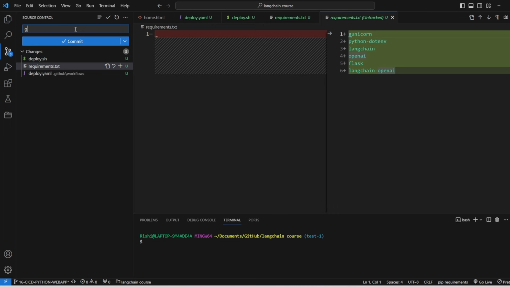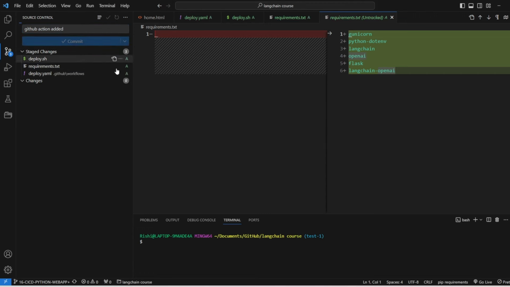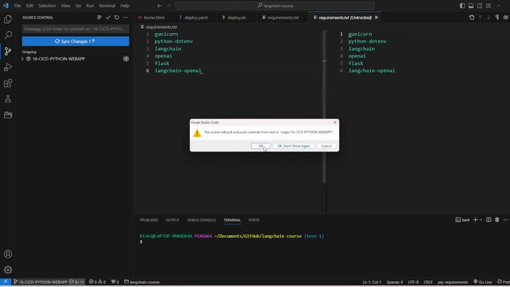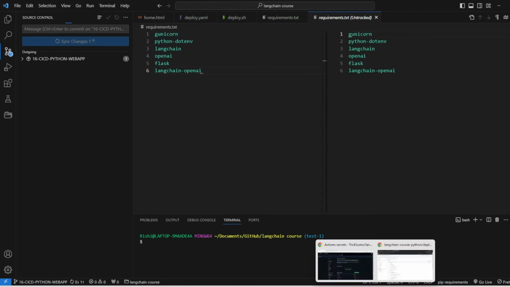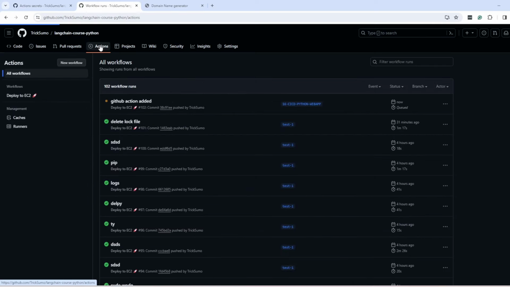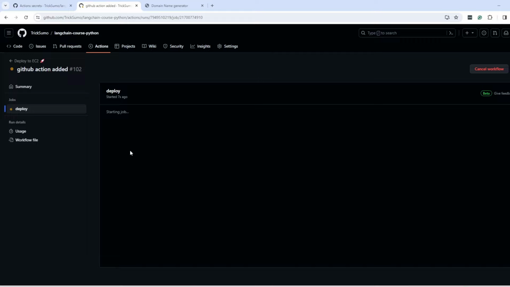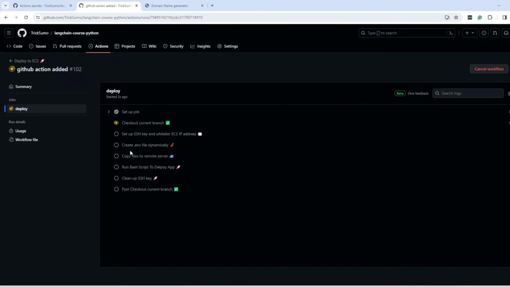I will give the message "GitHub action added" and just commit. I will stage and then commit and then push to GitHub. Now as soon as I put the code to GitHub, if I go to actions, I can see this action started, GitHub action added, and inside this action we can see all the steps whichever we had added in that